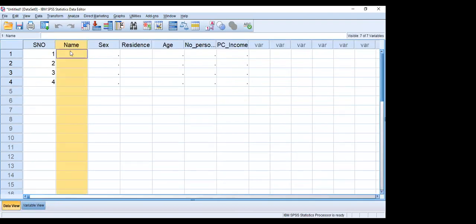Suppose the name of the first person is say ABC. Sex is say female. Residence is urban area, U. Age is say 24 years. Number of persons in the household is 3. Monthly income say 80,000.